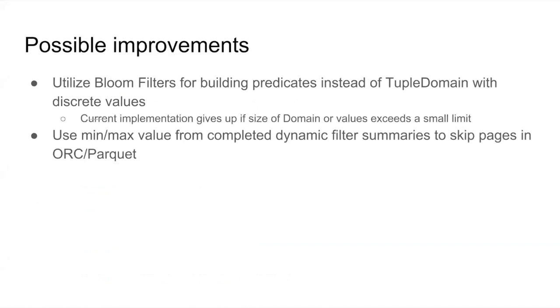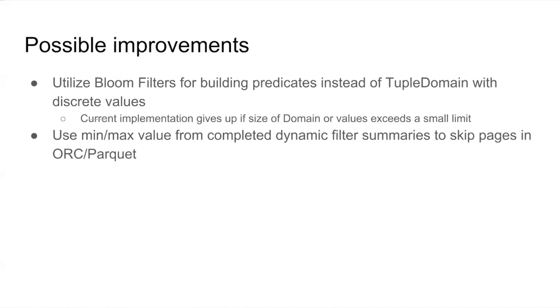In the course of productionizing this feature, we've identified a few gaps with the current implementation. One of the biggest gaps is that we've used tuple domains for building the dynamic filter. We've compared this implementation with Hive LLAP's implementation, and in Hive LLAP, they've used Bloom filters for building dynamic filters. In the current implementation, the issue is that if we end up with too many discrete values from the build side,